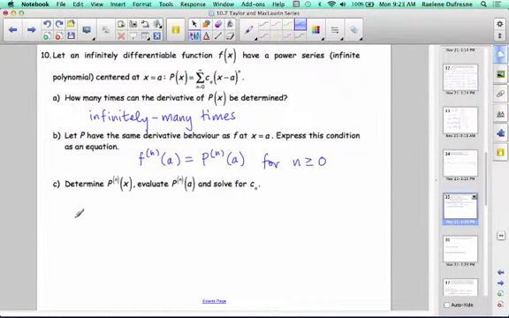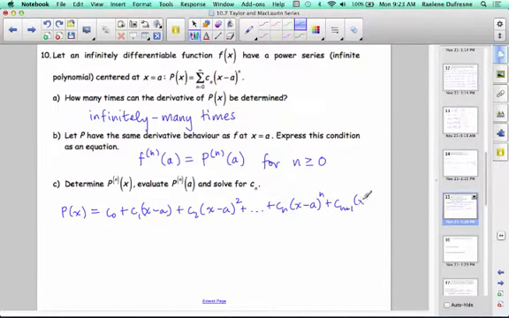In part C, we want to determine Pn, the nth polynomial of x, and we want to evaluate the nth derivative, rather, not the nth polynomial, the nth derivative of p at a, and then solve for Cn. Well, we know that p of x is going to equal c0 plus c1 times x minus a plus c2 times x minus a all squared plus dot dot dot plus cn times x minus a to the n plus cn plus 1 times x minus a to the n plus 1 plus dot dot dot. And therefore, the nth derivative of p